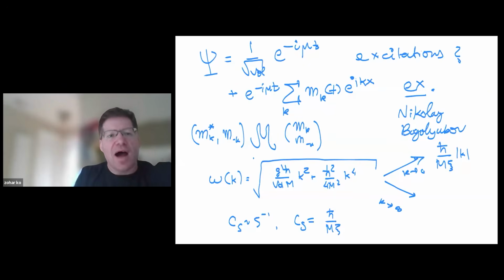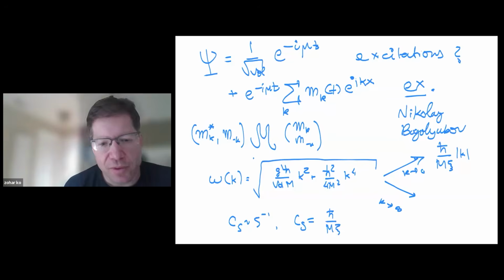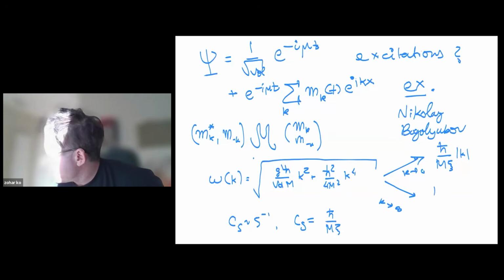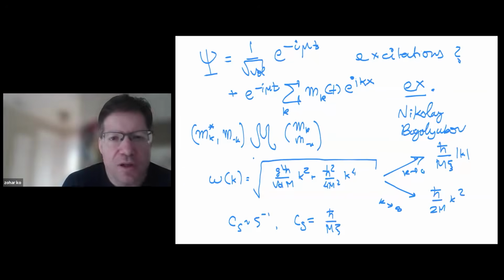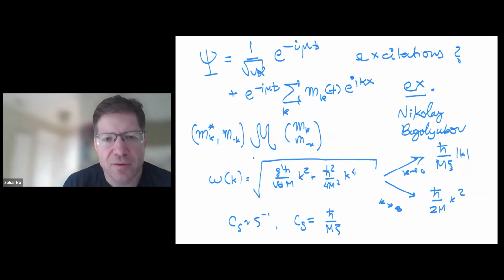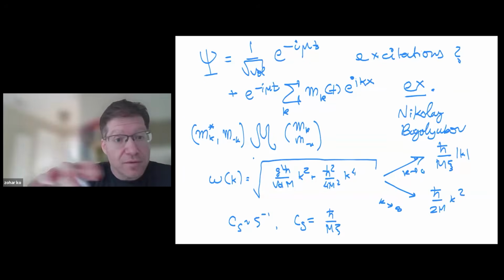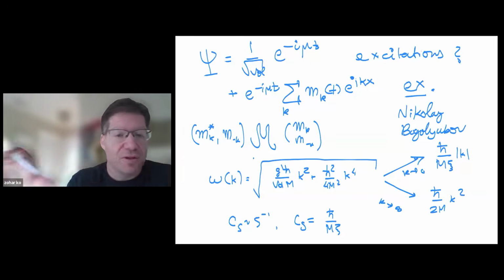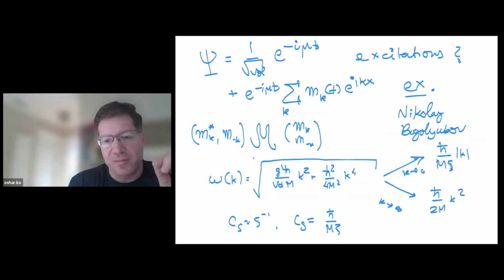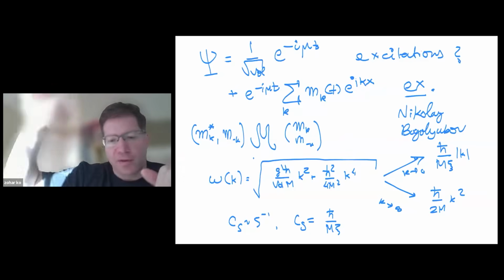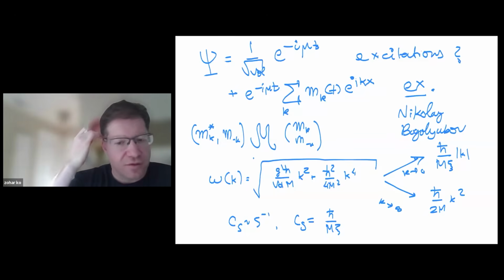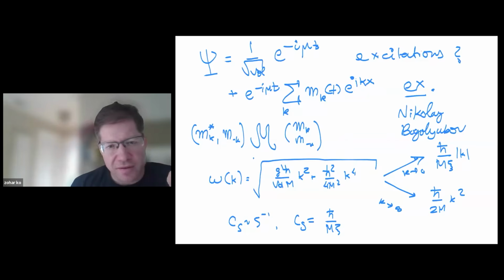Okay. On the other hand, high momentum particles couldn't care less about this short range interaction, and you get h bar over 2m k squared. And that's it. That's the usual dispersion relation of non-relativistic particles. So what's the physics? We have a quantum ground state, which has some fluid with some pressure and with some waves, and the waves behave relativistically. These are the lowest excitations of the system. And then very high momentum excitations don't see this fluid, they don't see the interactions, they just behave as ordinary Schrodinger particles. That's as far as the classical physics goes.